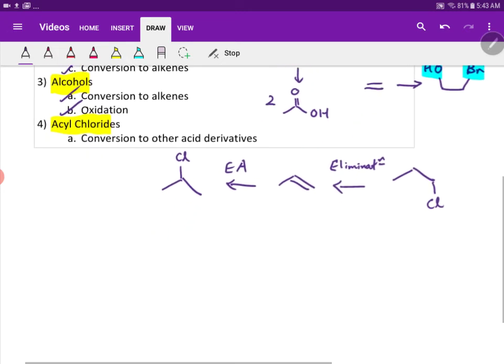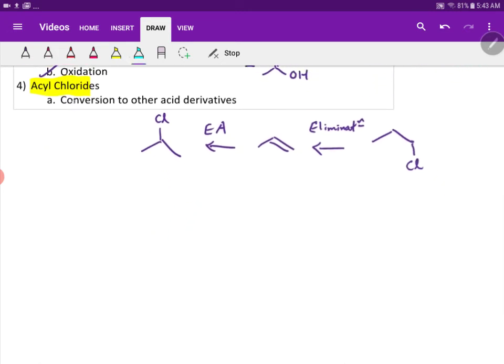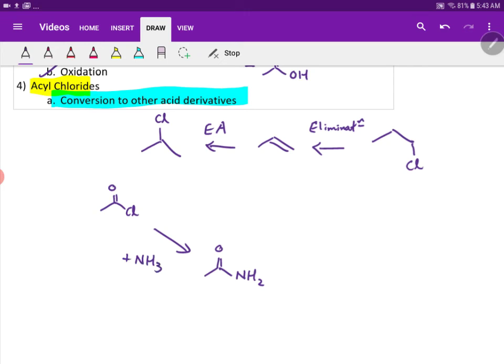Lastly, if we talk about acyl chlorides, it helps you to convert to other acid derivatives. So that makes it very useful. So for example, if I have an amide, the only way for me to get an amide is to get it from an acyl chloride plus ammonia. I cannot get it from reacting a carboxylic acid with ammonia, because I have a base here and I have an acid here, and then I will get an acid-base reaction. So this reaction does not